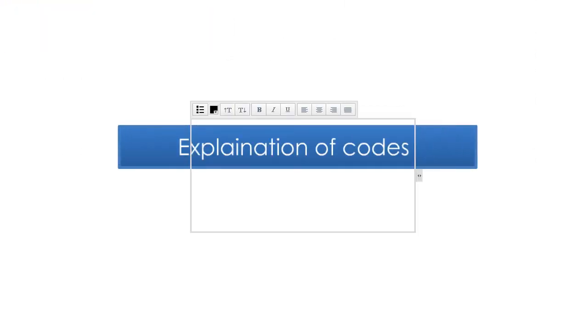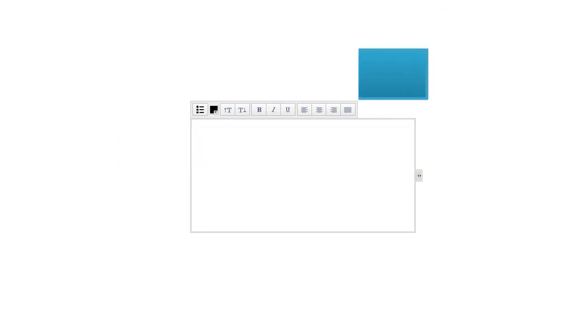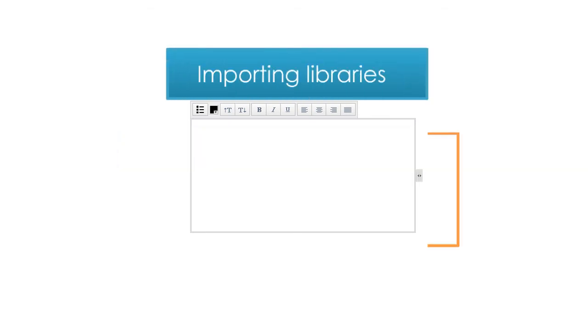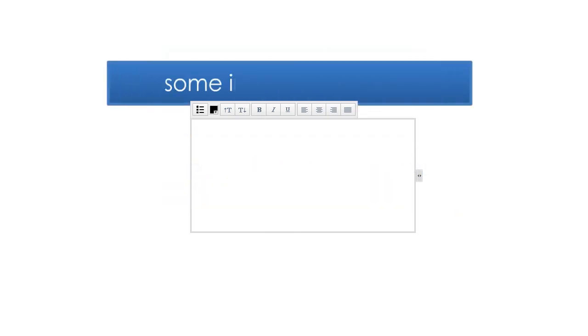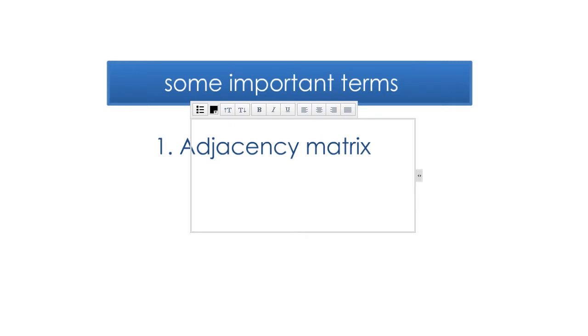I will explain the function of the code first, and after that I will run the code in Google Colab. After installing Blueqat we need to import some libraries, and it can be done by the following code. For understanding the code we need to know some terms such as adjacency matrix, vertex cover, cost function and decision